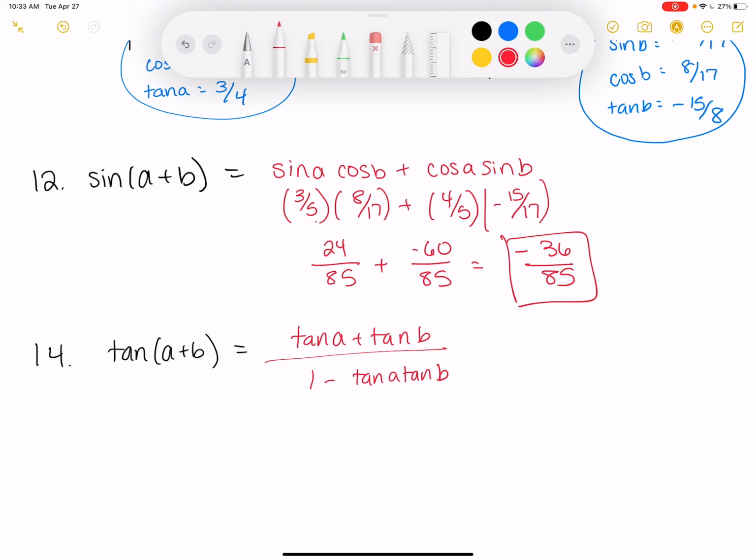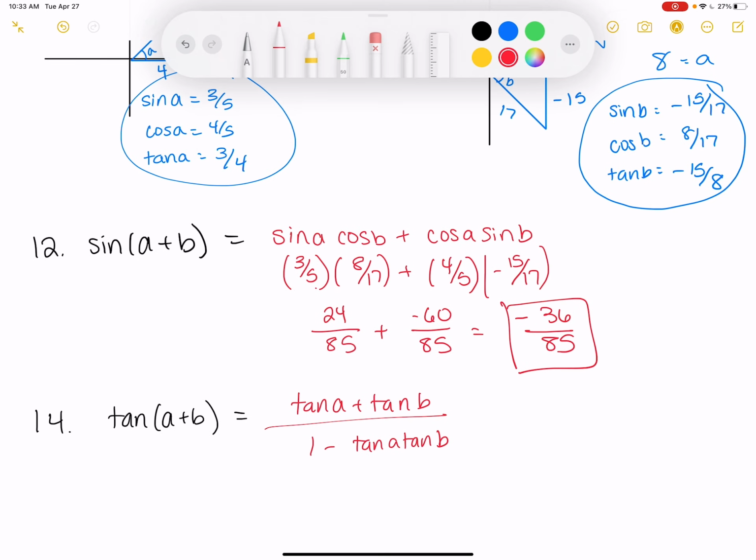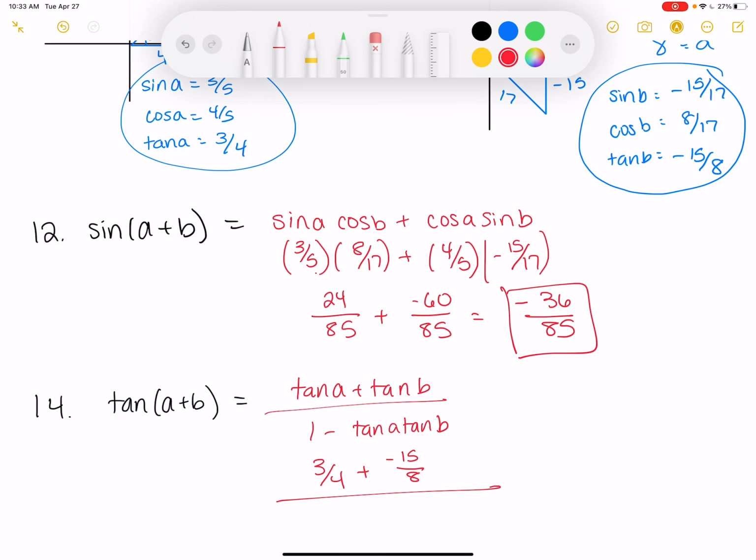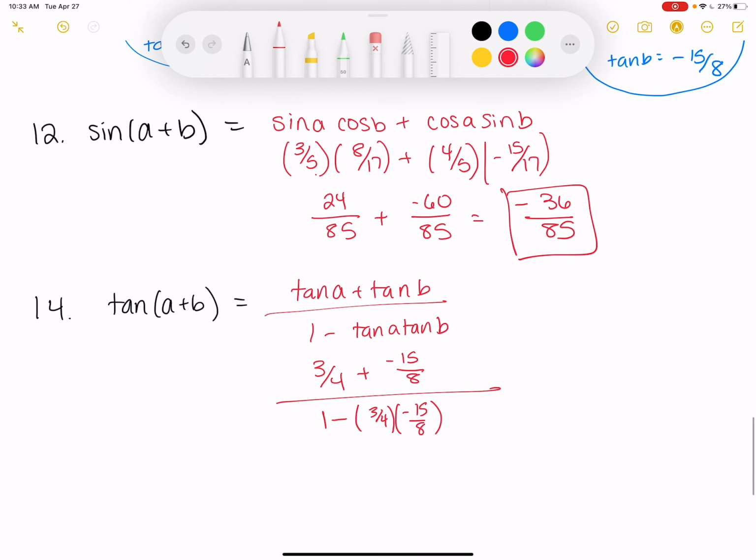All right, so the tangent of A is 3/4, plus the tangent of B is negative 15/8. Oh, we're still using the same? Yeah, these are staying the same the whole time. And then 1 minus the tangent of A times the tangent of B, so 3/4 times negative 15/8. On top, it'll be pretty easy to get a common denominator. I just need to multiply the 3/4 by 2/2. That'll give me an 8 on the bottom. So 6/8 minus 15/8 over,